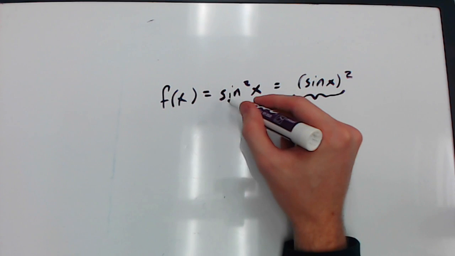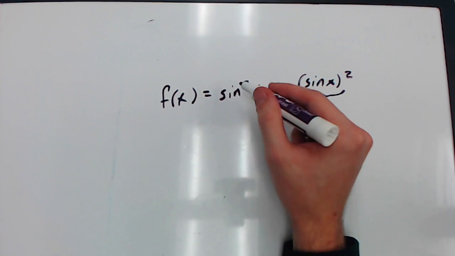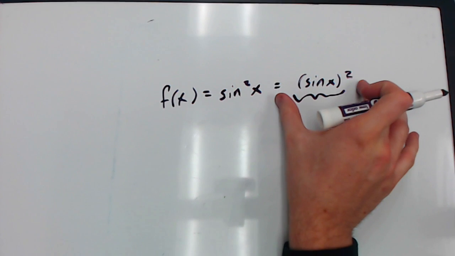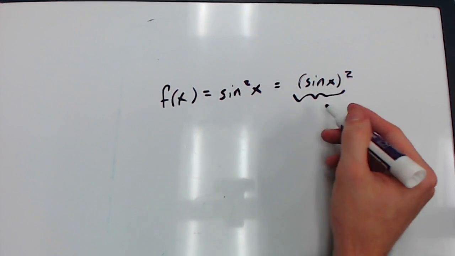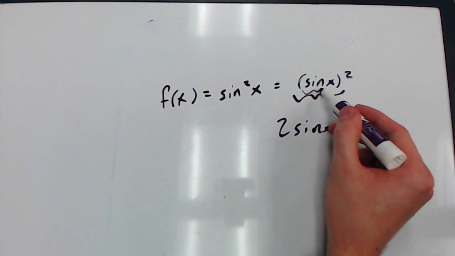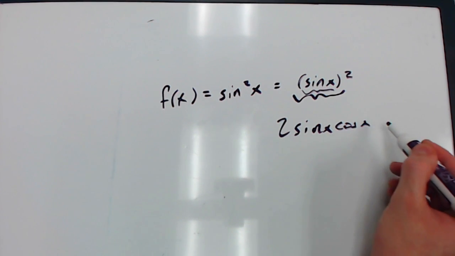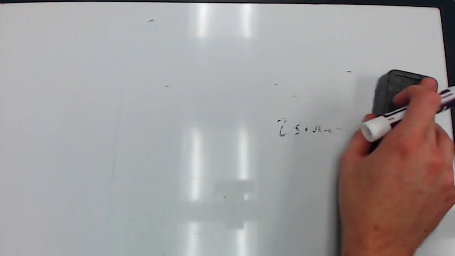Whenever you see a trigonometric function that has some sort of exponent, sine squared, sine cubed, whatever, you treat it this way. The outside would be that exponent. So we bring down the 2, keeping the inside the same, which is sine, then multiply by the derivative of the inside, which is cosine of x. All right, so now that you know how to perform chain rule,